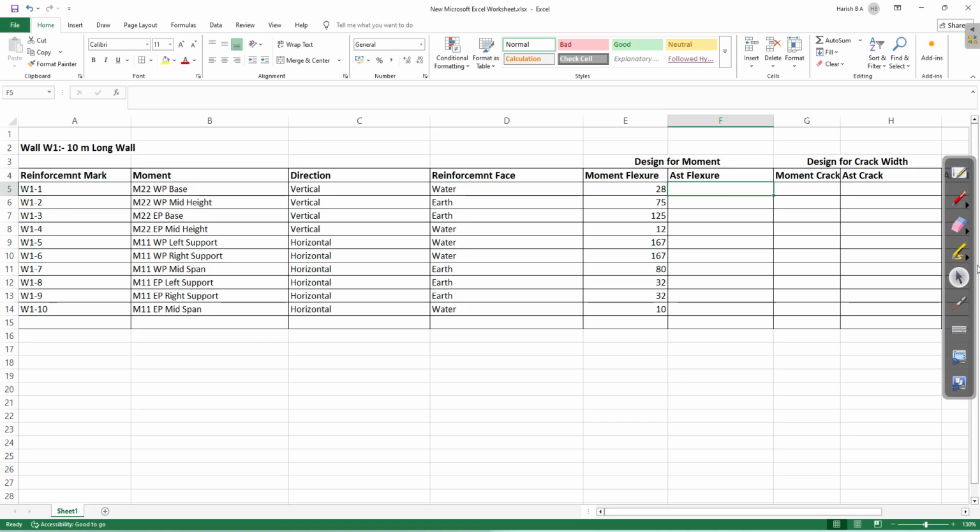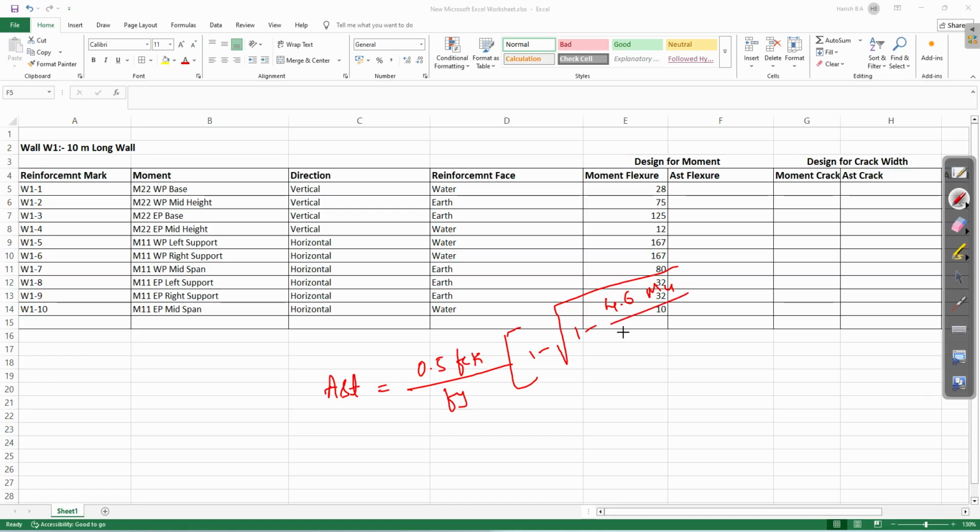You have the formula from the basics of RCC: AST equals 0.5 FCK divided by Fy into 1 minus square root of 1 minus 4.6 Mu divided by FCK B D square,